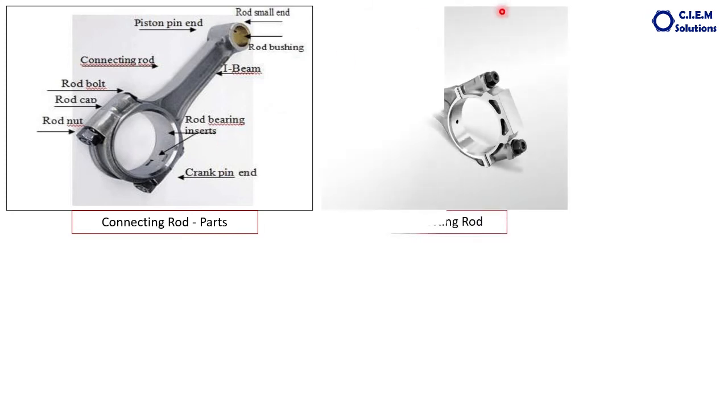This is another type of connecting rod with a different big end model. The majority of the latest engines are fitted with this type of connecting rod. This is a different connecting rod in shape, and you can see a drilled hole here. This is an internal drill hole from the big end to the small end. This is provided to pass the lubricating oil to lubricate the gudgeon pin and the small end bushing.